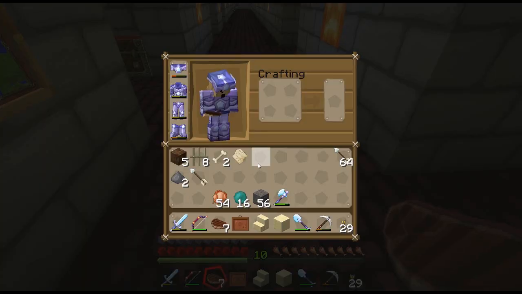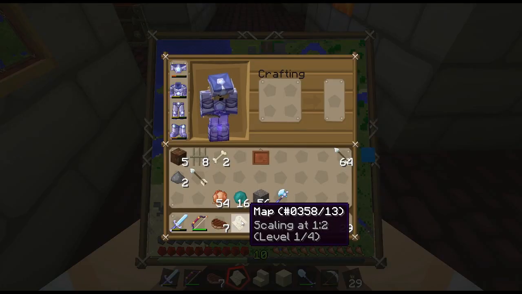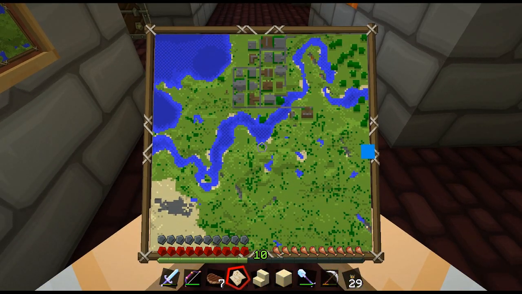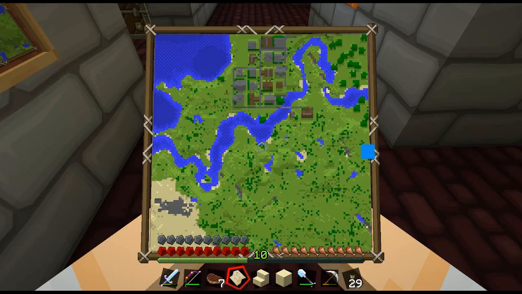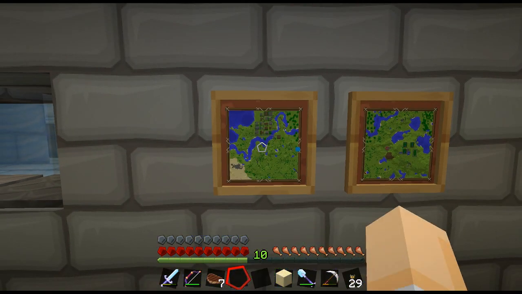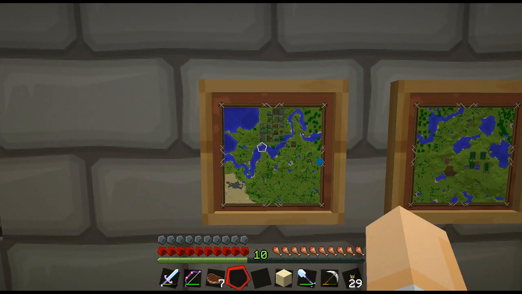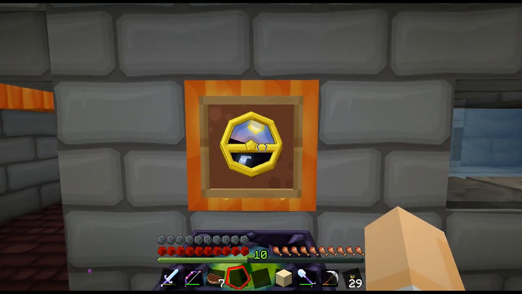Right, let's have a look at this map. Yes, scaling. Oh no, it's level 1 of 2. So that is scaling at, no, it's level 1 of 4. Scaling at 1 to 2. Yeah, I guess that's a region. I guess the bigger maps must be much bigger. Anyway, it doesn't matter. It's not important what we think it is. That's what it is. So yeah, that's a little map of the area, and I put a clock in, so